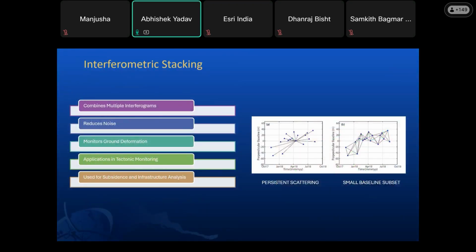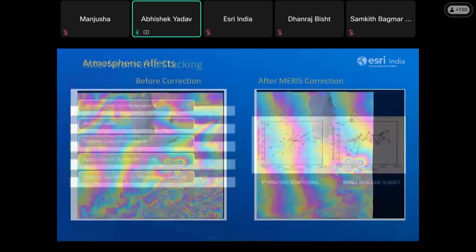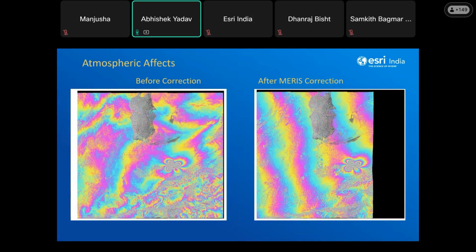These tools work by connecting multiple interferograms and reducing noise by using atmospheric information, be it from GACOS or be it from MERIS, and then using this information, they generate phase difference, where they monitor the ground deformation and provide you with the deformation